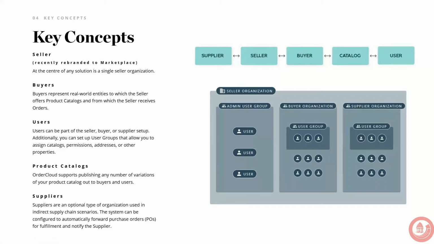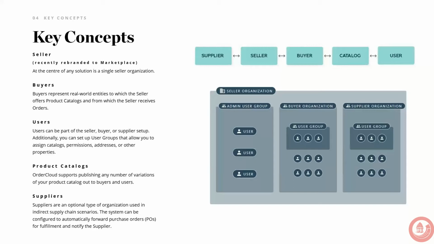And then you have different buyers, and buyers basically represent real-world entities to which the sellers offer products. So, for example, in a B2B scenario, a buyer could be an organization. In a B2C scenario, a buyer could be an end user or a customer. And then you also have users. So within each of these groups on the right that you see, admin, buyer organizations, and supplier organizations,